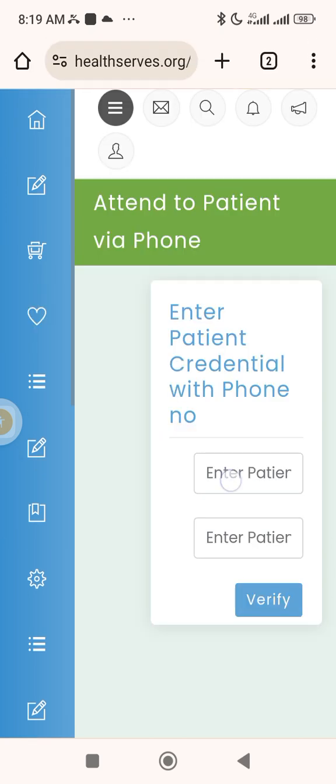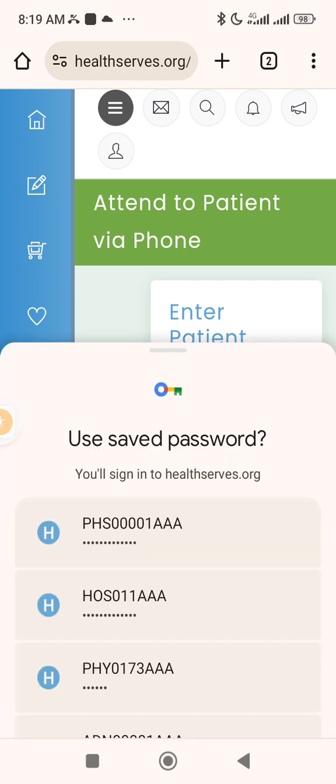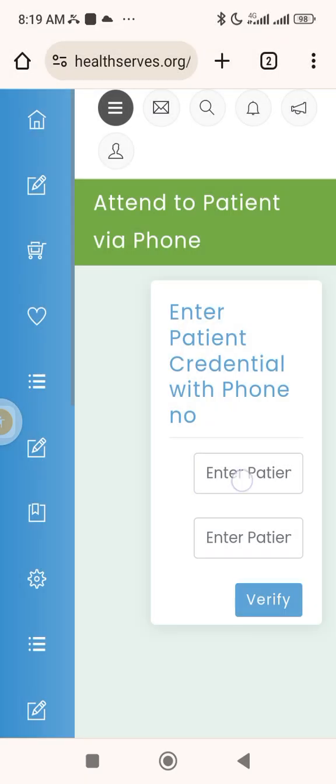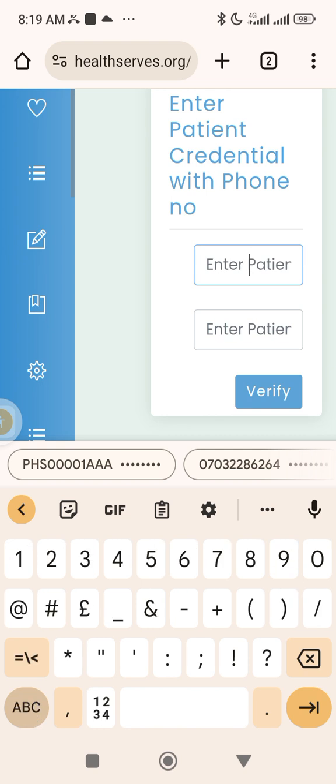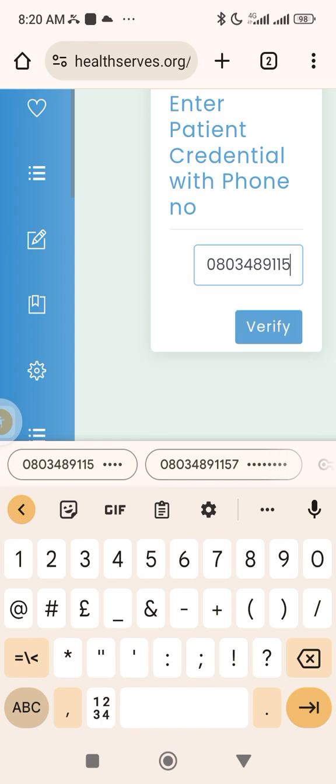So what do we do here? You simply enter the patient phone number. So that's what I want to do now. So I enter 08034891115. Now something happened. Even as you have this phone number, if you create your own account on this system